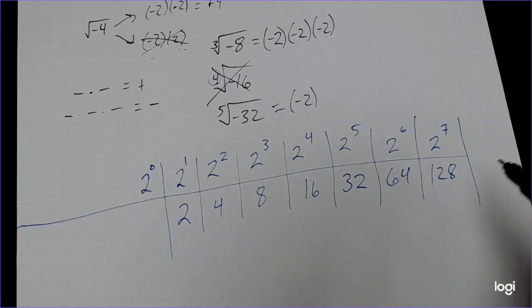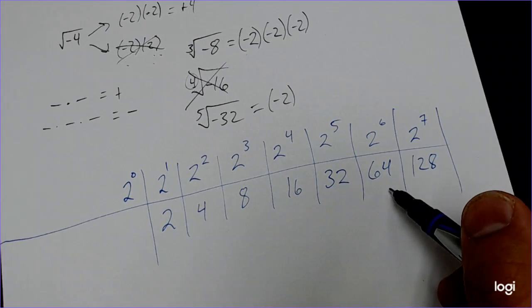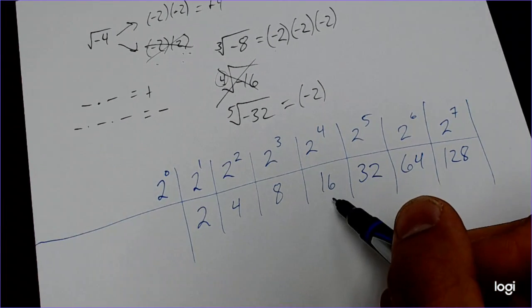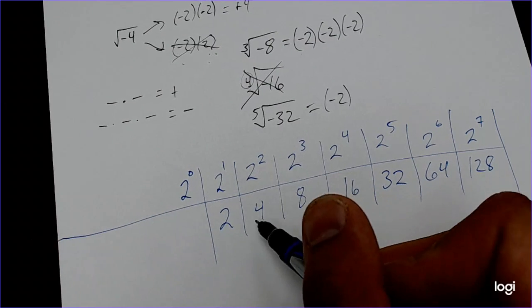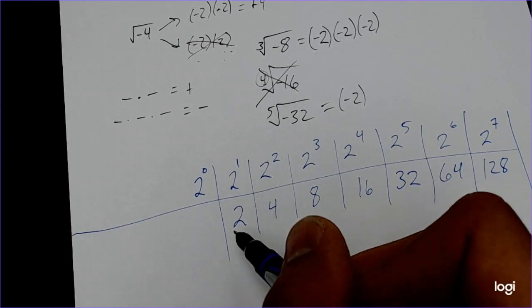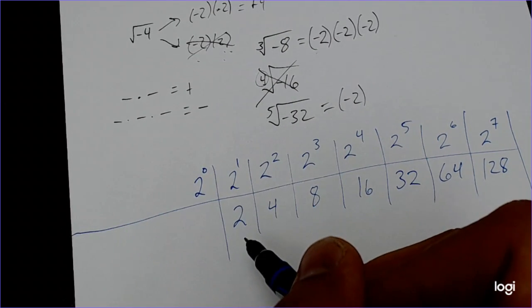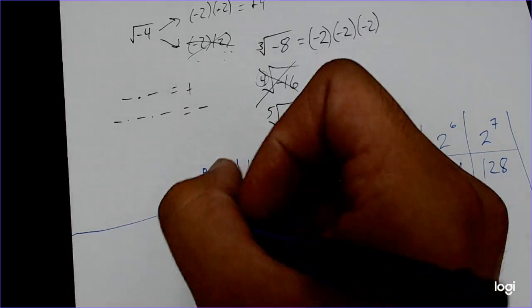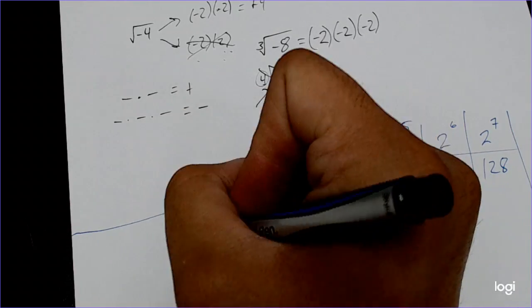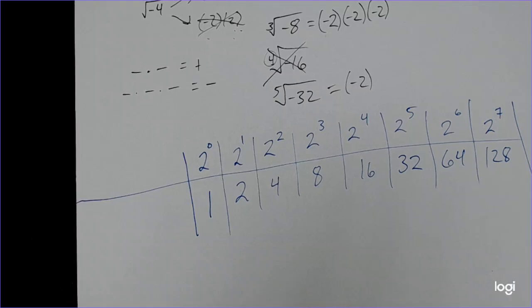Well, let's follow the trend. 128 divided by 2 is 64, 64 divided by 2 is 32, 32 divided by 2 is 16, 16 divided by 2 is 8, 8 divided by 2 is 4, 4 divided by 2 is 2. What is 2 divided by 2? That's the number 1. And that brings us to our first mathematical fact, which is that any real number